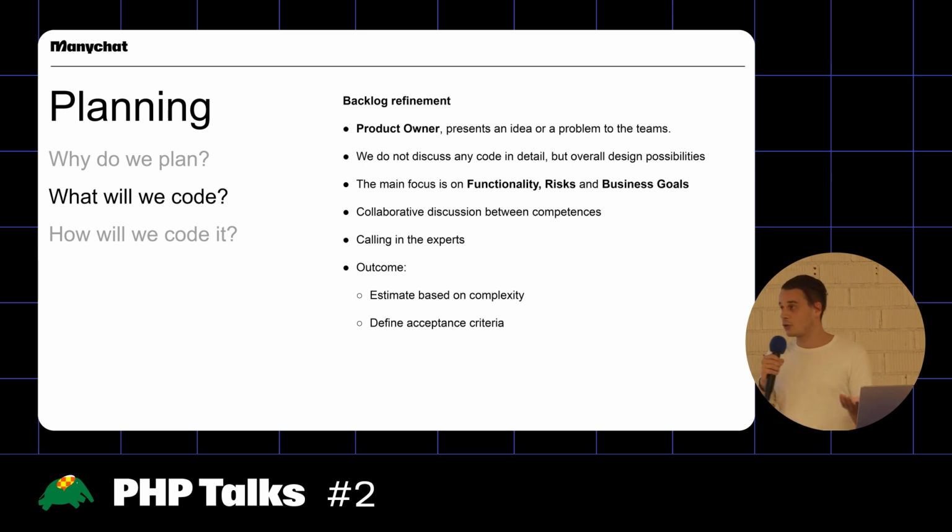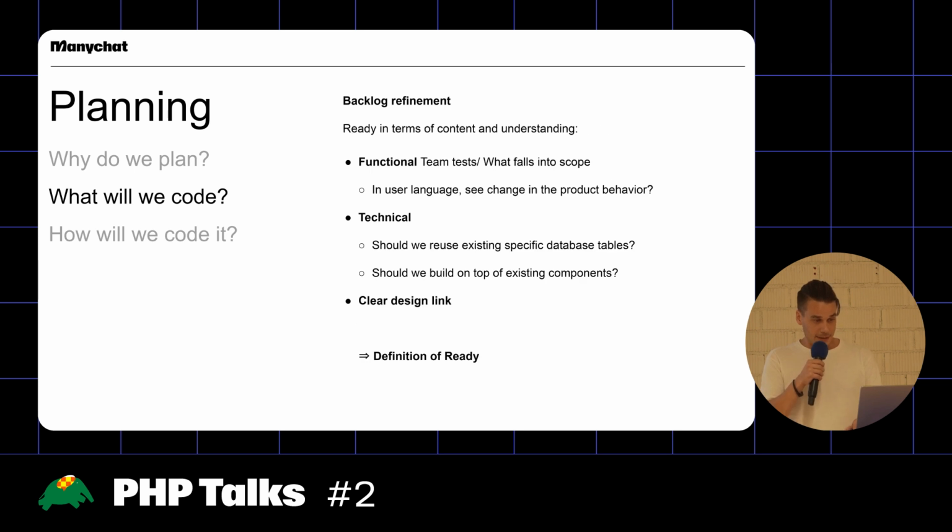And it might also be that we have people in the company who worked previously in parts of the product, or they have expertise in this certain functional area. We will call them into the refinement session to join us in the discussion, so we can gather the maximum knowledge possible that's present in the company about this issue. And then, of course, the most critical part will be to define what are the requirements that we're trying to address. So it's defining these acceptance criteria, and making it ready in terms of content and understanding for everybody.